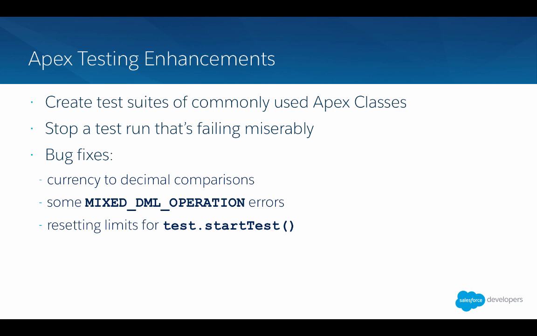We've also fixed a couple different bugs that were existing in the test case scenario. First of which being comparing a currency value to a decimal in an Apex test. That won't throw an exception anymore. Also, the mixed DML operation error, for when you were, say, doing multiple asynchronous callouts or asynchronous jobs with the original transaction. You might have seen this mixed DML error when you didn't see it in production. This bug was also fixed.